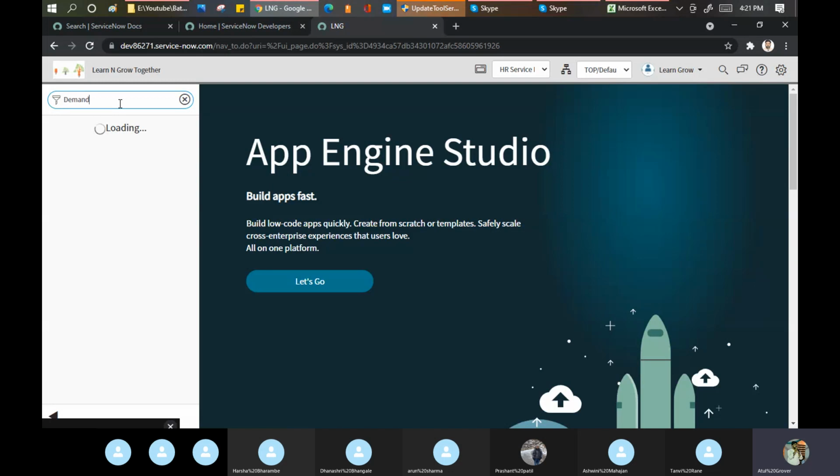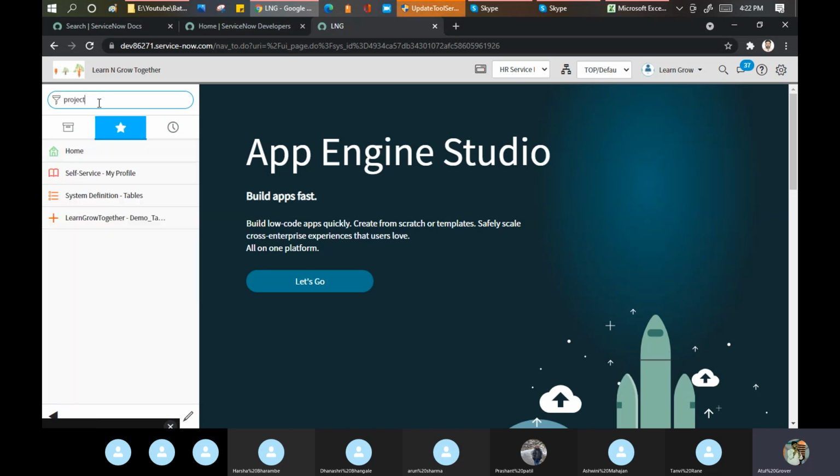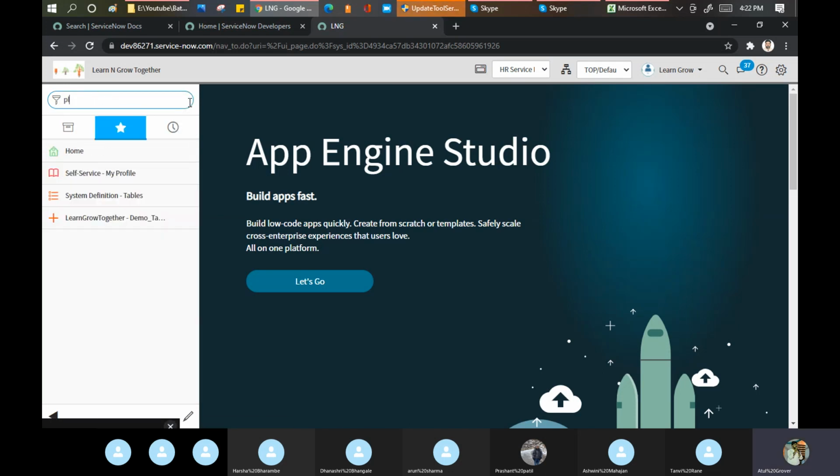Earlier I installed, but now I'm not sure whether I installed it or not. Yes, I have demand collection, all these things, but not completely. It is for ITSM, not for the ITBM. Maybe I can see the project. No, I don't have that ITBM plugin installed here, but I can show you that.